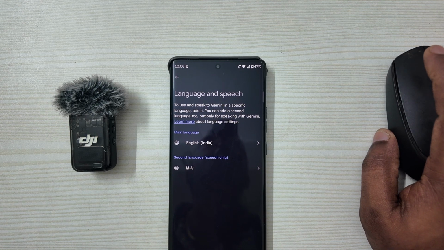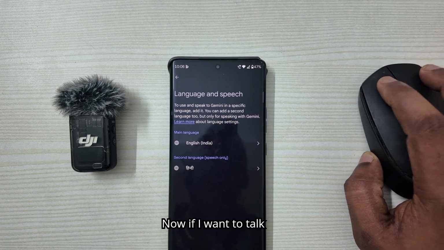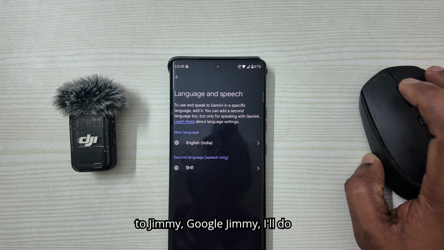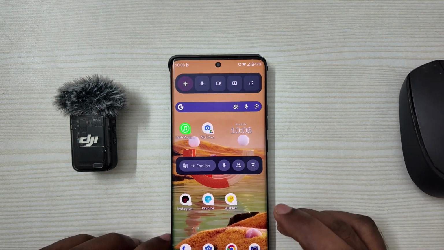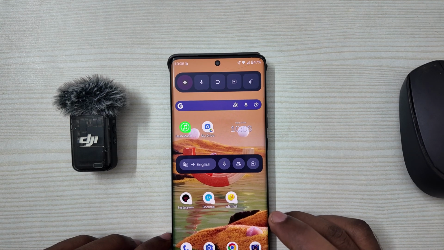So now if I want to talk to Gemini, Google Gemini, I'll do a practical test. Okay, hey Google,